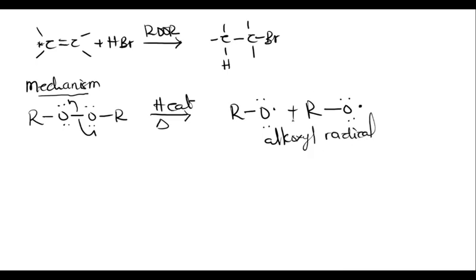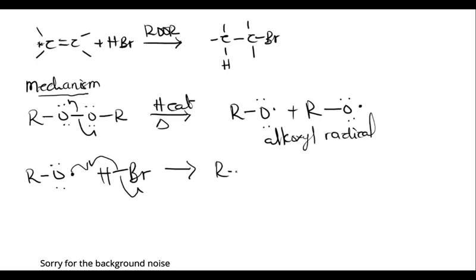Now once the alkoxy radical is produced, one of these radicals will react with hydrogen bromide. During the reaction, we have one electron here, then we have two electrons over here. So one of the electrons will react with this, breaking the other electron onto the bromine over here. So from here we get the O now forming a bond with the hydrogen, then we have the bromine radical being produced